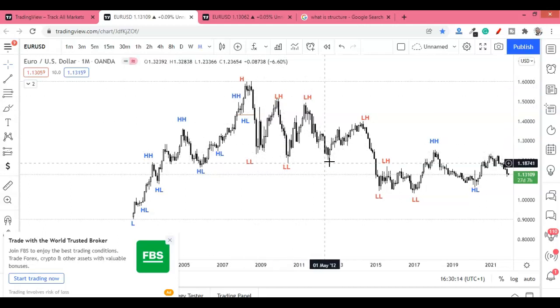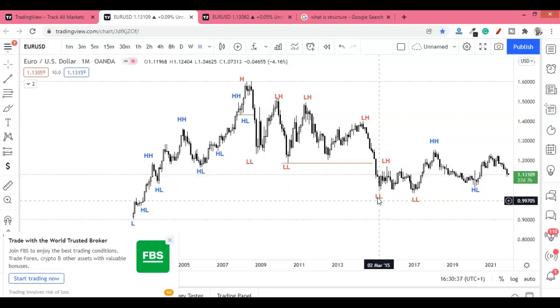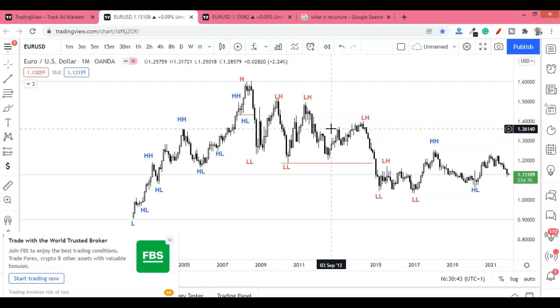Why did I not put any annotation here? This is not the lower low because it has not broken the last low here. This low has not been broken in this first instance, so I did not give it any annotation. This is still my lower low. This is the valid lower low, until price breaks below this, then I'll look for the next one. The high that breaks the low is what I'll be interested in, not this high.